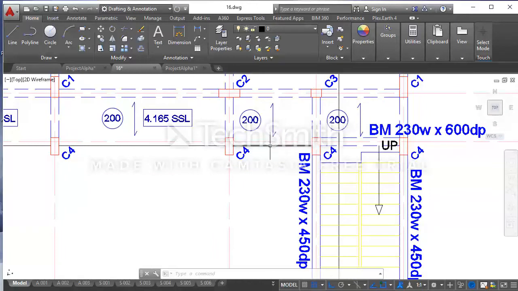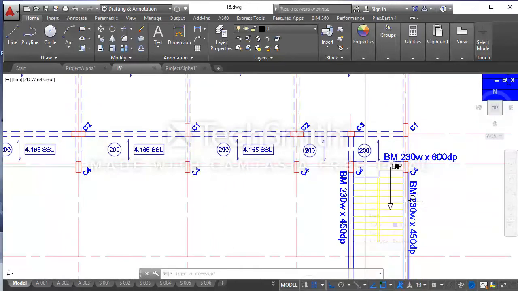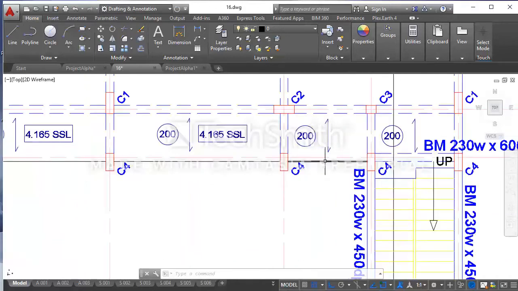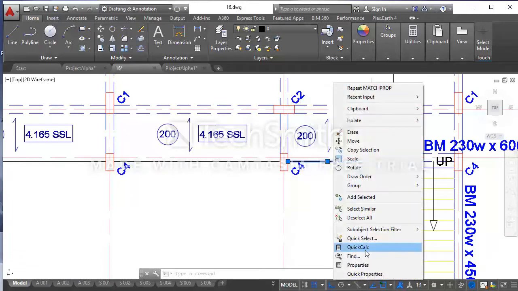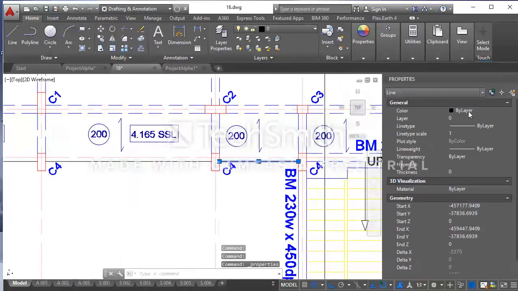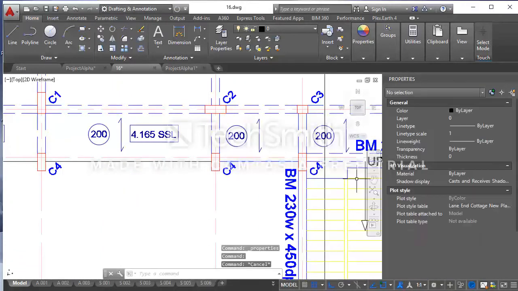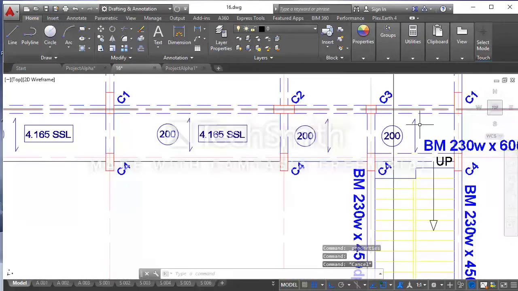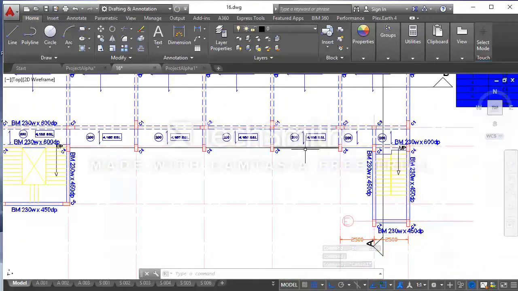So I want this line to be similar to other region of the element line. So I will apply blue color to the line: select the line, right click, property, change the color to blue. Use match property to transfer the property to the remaining 4 line segments.